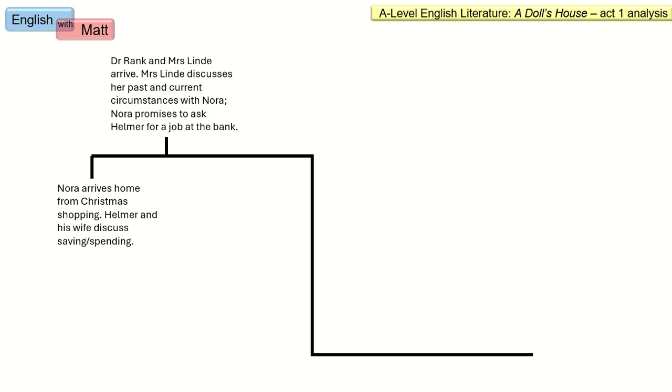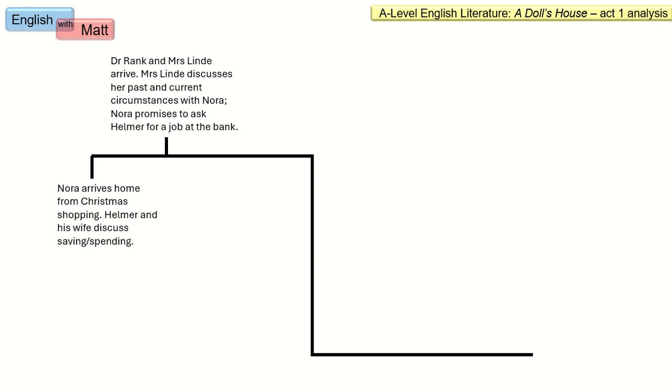Dr. Rank and Mrs. Linde arrive, Mrs. Kristine Linde. Sometimes I say Lind, sometimes I hear Linde, whatever, it's the same character. And Dr. Rank goes into Helmer's study to have a conversation with him, and Mrs. Linde and Nora stay outside in the main room, of course, and they discuss Nora's family, her financial situation,